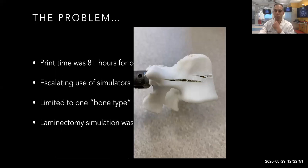And what we found is that when we upsized screws within the pedicle, the filaments would actually crack. And that's because of the layering effect that the FDM filament has. So those filaments, when they deposit on each other, they melt. And as you put the screw in, it would split the whole vertebrae. And if you didn't put that screw in just perfect, it really wouldn't behave like normal bone,